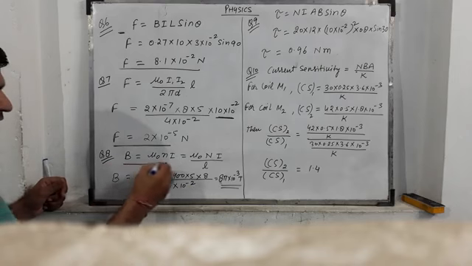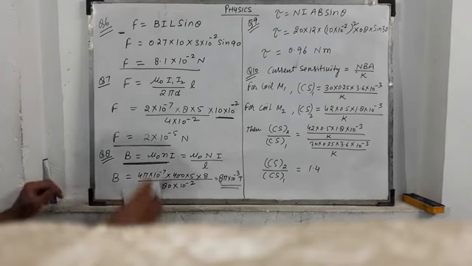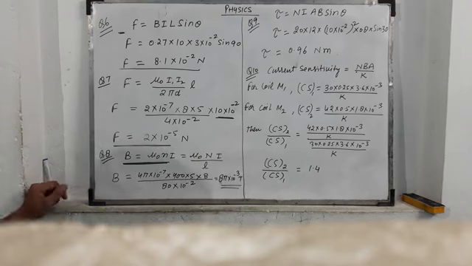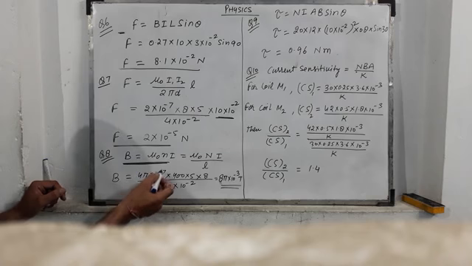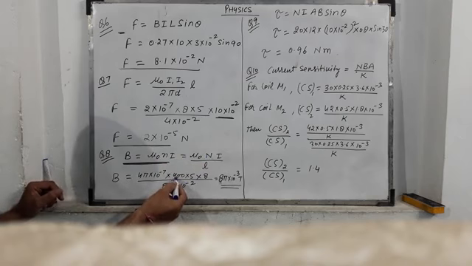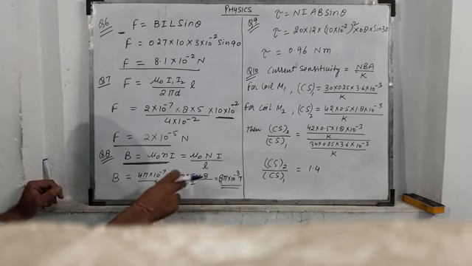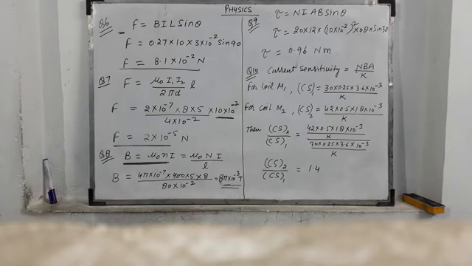Now the magnetic field inside a solenoid is equal to mu naught n I. This formula can also be written as mu naught N I upon L, where capital N is the total number of turns. So by putting the value 4 pi × 10^-7 for mu naught, total number of turns 400 × 5, current is 8 ampere and the length is 80 centimeter, we get magnetic field 8 pi × 10^-3 Tesla.